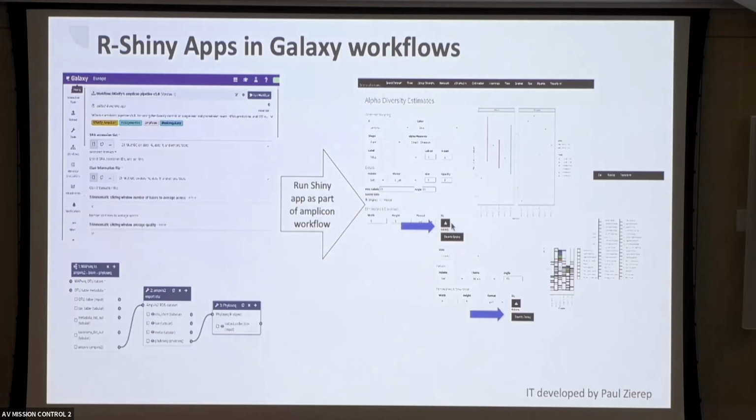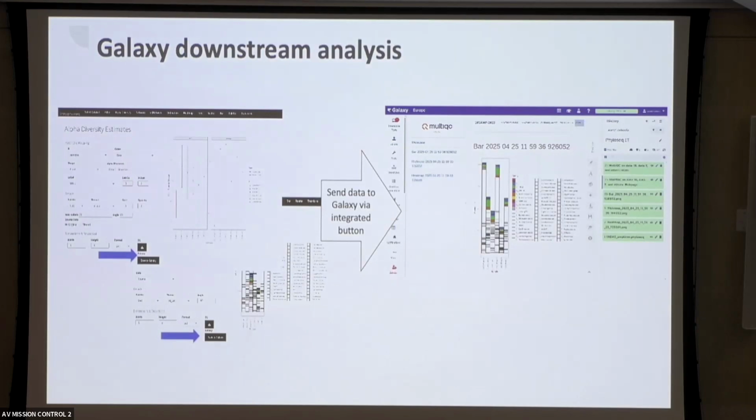I don't know whether you can see it. So you have here buttons to download to Galaxy, which puts all the plots that you generate into the output directory, which in the end, once you close the Shiny app, as I said, will transfer all the data into a history. You can also do a real-time interaction with Galaxy. As I said, if you implement put and get functions, in R it's called gx_put, gx_get, you can directly save. So these two buttons, you can check it out and save to Galaxy,